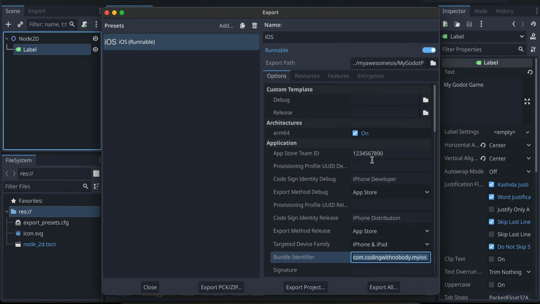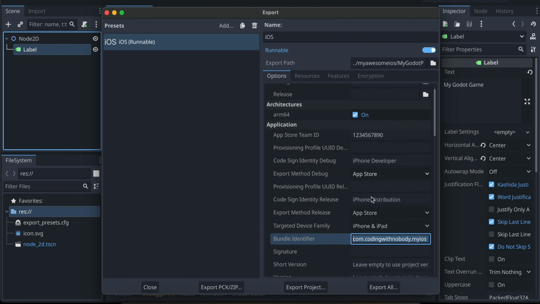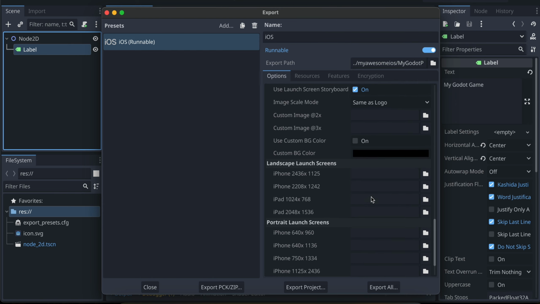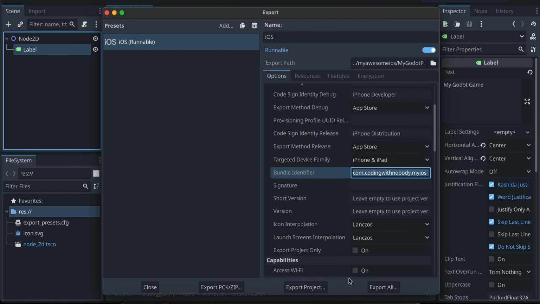What else? I have checked this checkbox, it was checked by default. Okay, and I think that's it. I guess we don't have to do anything else. Then just click on